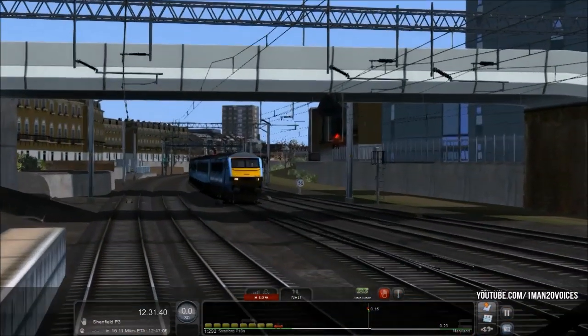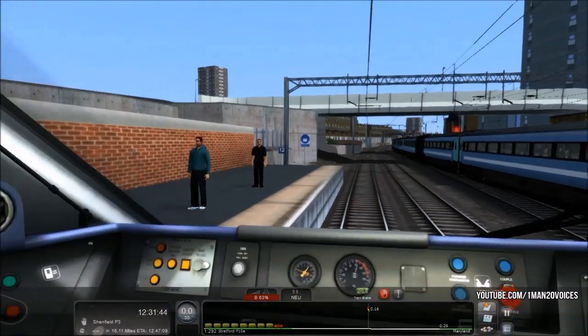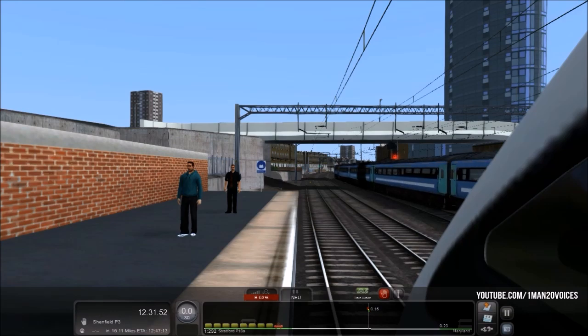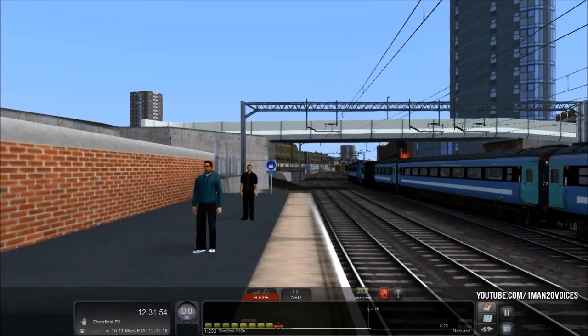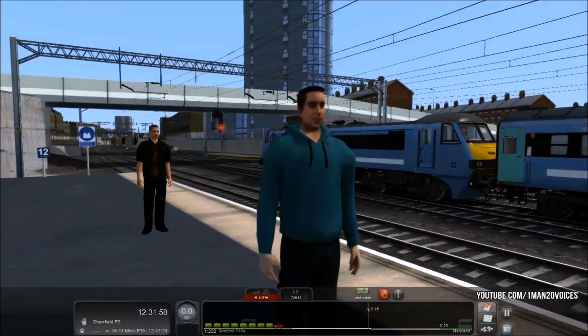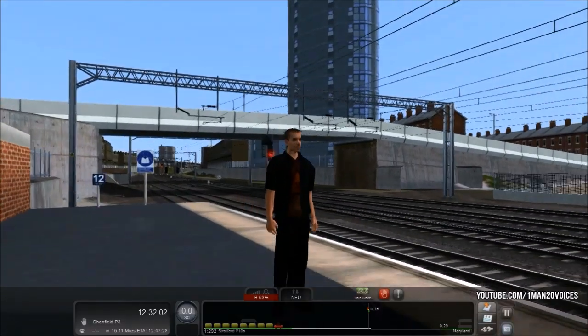Oh, there's a Class 90. That's from Armstrong Powerhouse. That's a great train. This is one of the new features in Train Simulator. New people, they have said to bring in more models for human beings, if you like to call it that. I haven't seen either of these two, so